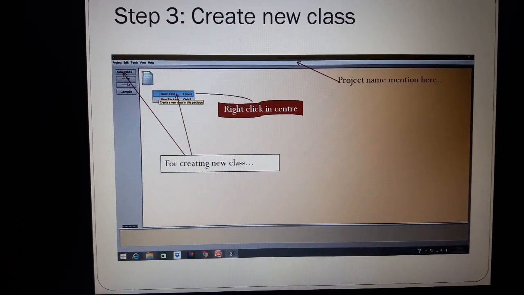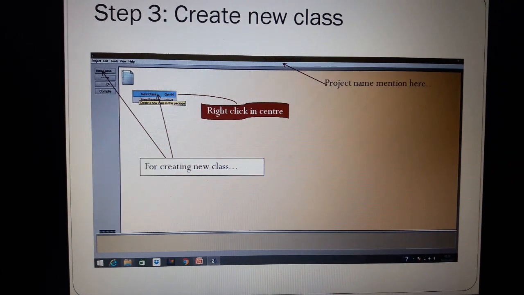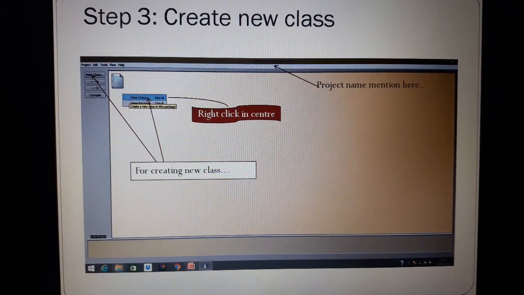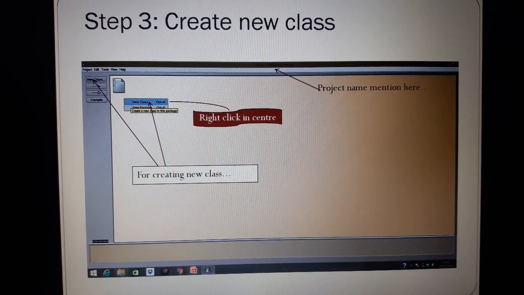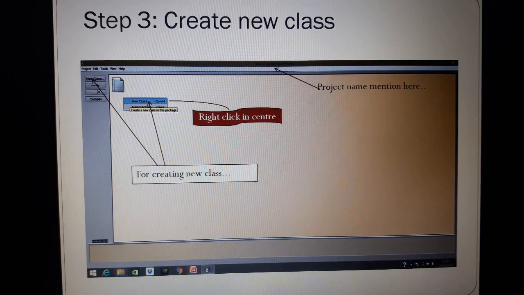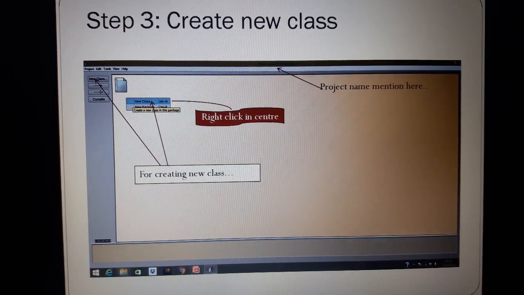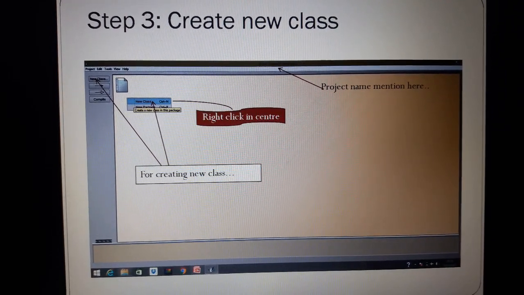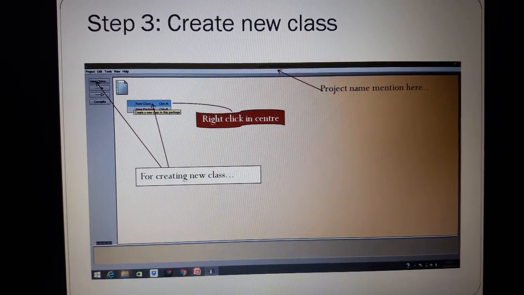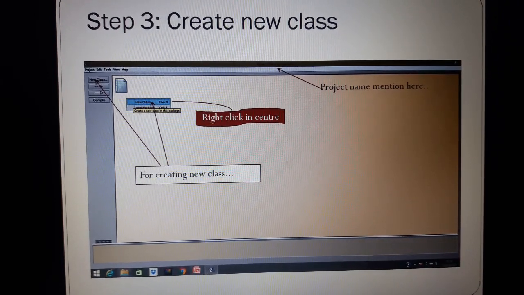In that window, at the top, you are getting the name of your project. If you write your name, then at the top area you get the project name. My project name is demo project for 9th. At the top it shows BlueJ demo project for 9th, but in your case your name should be there.